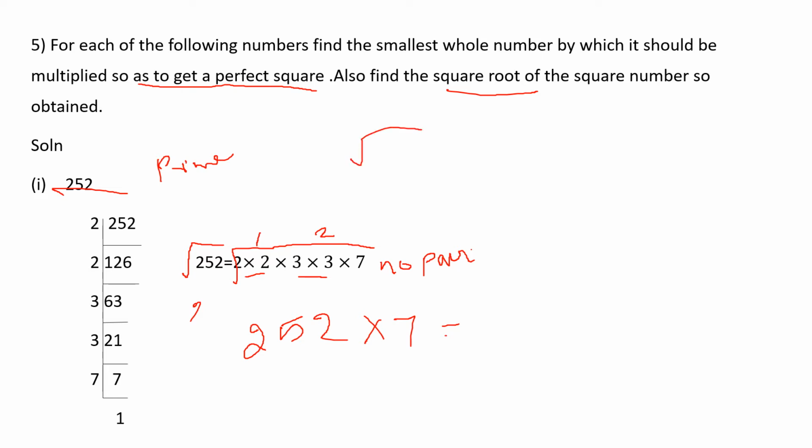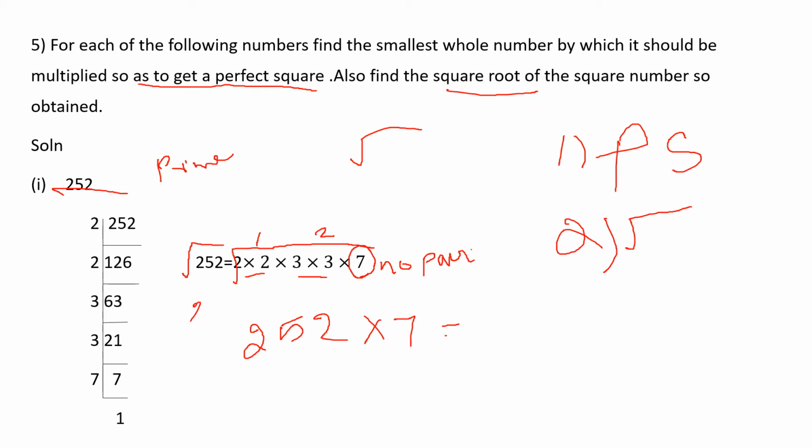But in this question, the given number is not a perfect square. So in this question, we want to find the perfect square. First step, you want to find the perfect square. And second thing, you want to take the square root for that perfect square. So first step, you will be doing the prime factorization method. Then you will be checking how many pairs are there, whether any number is there without pair. Yes, we have a number, here 7. With that number we will multiply the question 252.